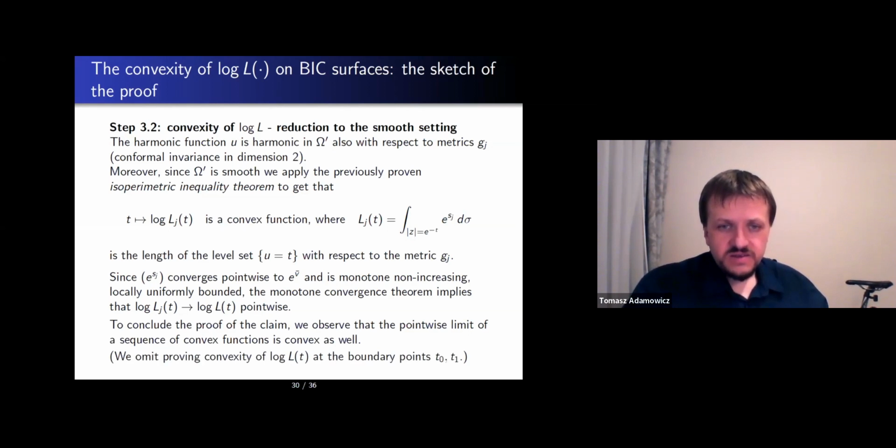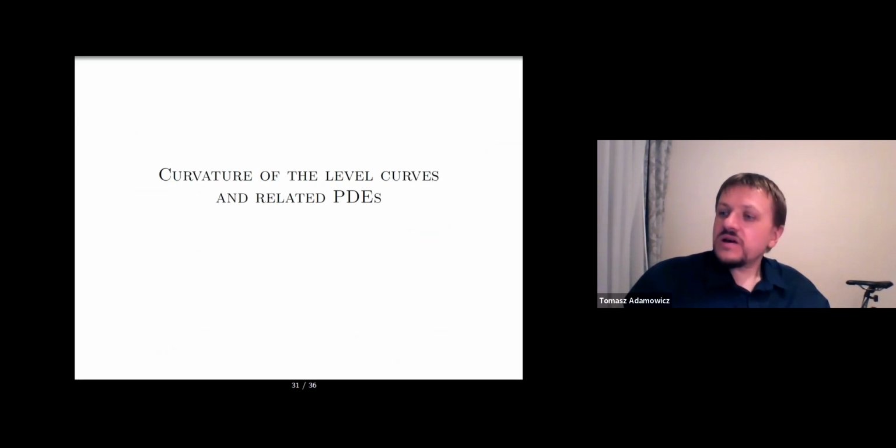The tiny detail that I omitted here is that in the claim of the theorem, we state the convexity also on the closed interval. But if you are interested in these boundary points, I refer to a paper with Giona. All right. So this is everything about the